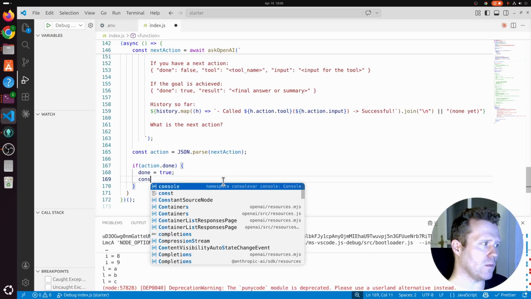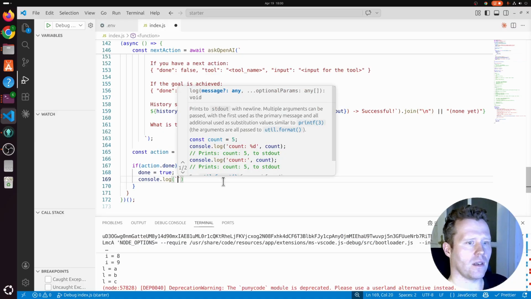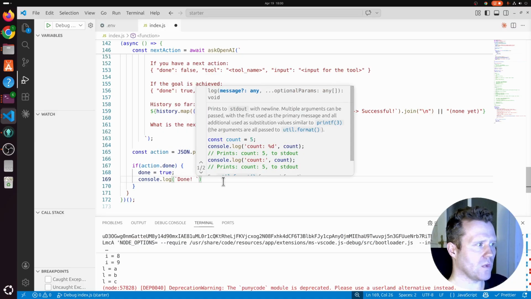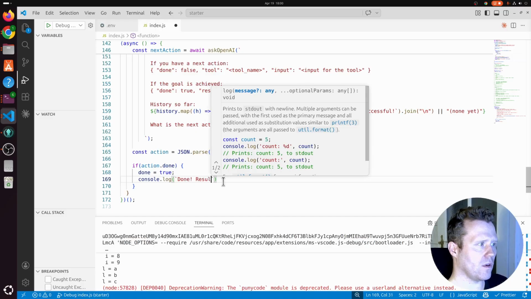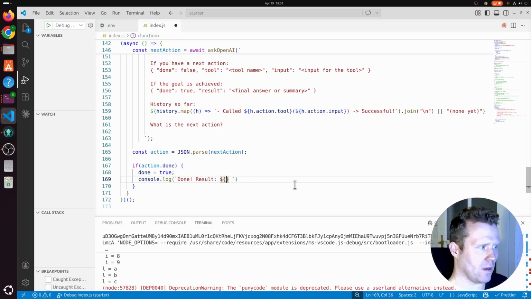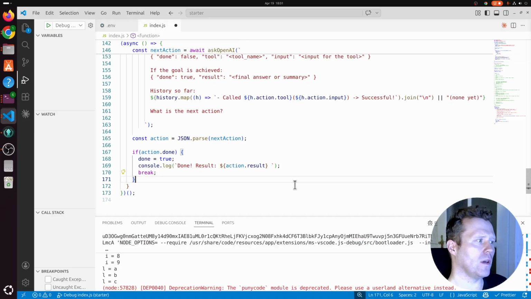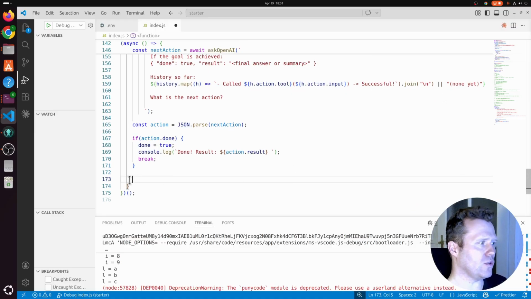And we're gonna print out some success message. We're gonna say done. And then because we have specified some result here, we're gonna print out that result. We're gonna say $action.result. And we're gonna break the loop. Okay, so that at this point we step out of the loop, which makes this code here in line